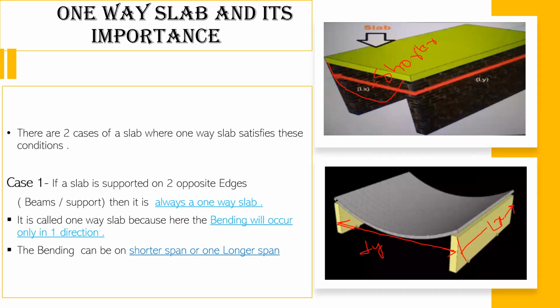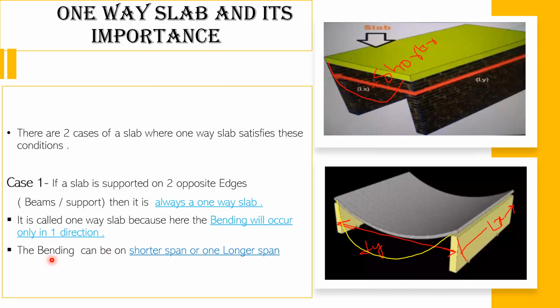Here the slab is bending in this direction. So even the bending is in only one direction. You don't have any bending on the other side. But this time the slab is bending in the longer direction. That is, Ly is the longer direction and Lx is the shorter direction. So in this particular case, the slab is bending in the longer direction, whereas in the previous case, Lx is a shorter span and Ly is a longer span, but the slab was bending in this direction, which is the shorter direction. That is why it is written here the bending,